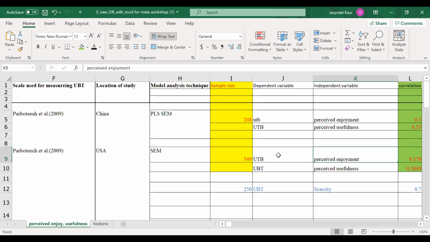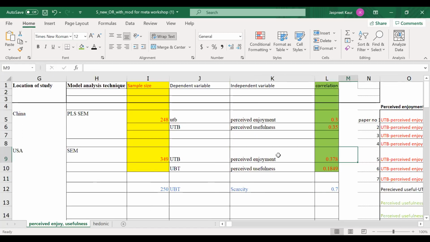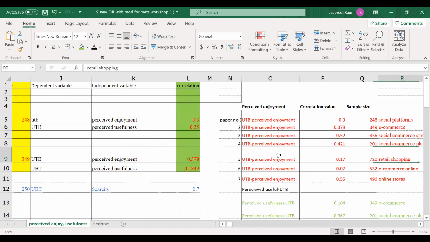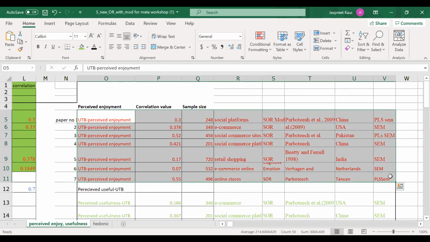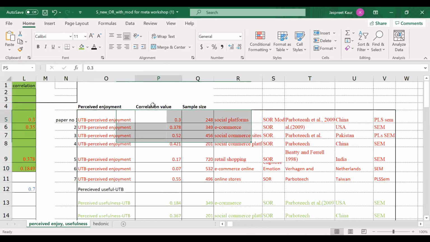Now, once you do this process for 40 papers, after that, pull out the values of one variable, jot them down together and make one Excel sheet. So here what I've done is, out of the 40 papers, I didn't get the correlation value of urge to buy and perceived enjoyment in all 40. But somewhere around 7 papers, I got it. I pulled it out from the data which you saw on the left side of 40 papers, and I consolidated it in one Excel sheet. Okay, what is going to go to the meta essential sheet is only these two columns.